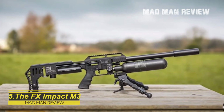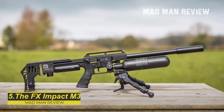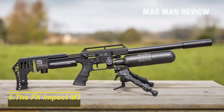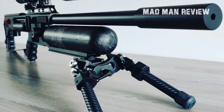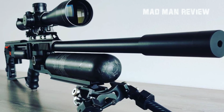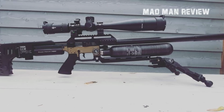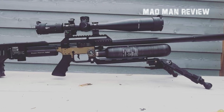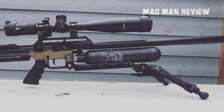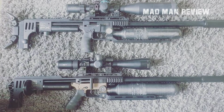The FX Impact M3. First things first, this one is available in all the popular calibers. You can get it in .177, .22, .25, and .30. For each variant, you have the option to choose between 600mm or 700mm barrels if you need that extra bit of accuracy. The gun features FX STX barrel system, AR-15 style Hogue pistol grip, and manual safety, a shrouded barrel,